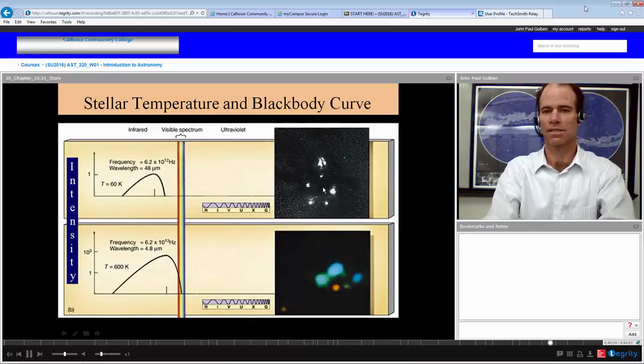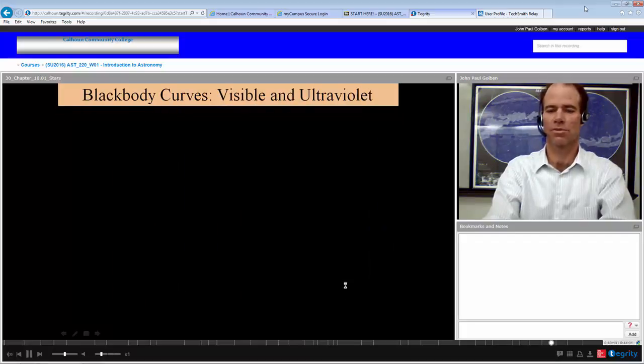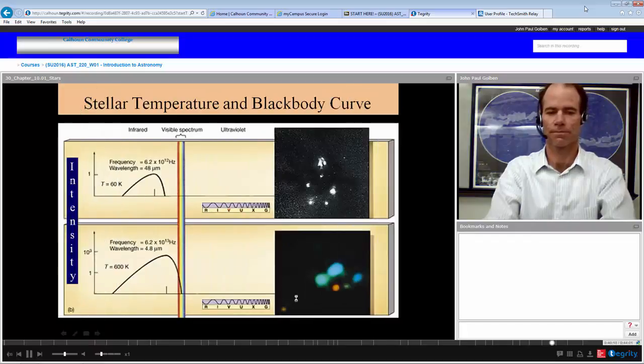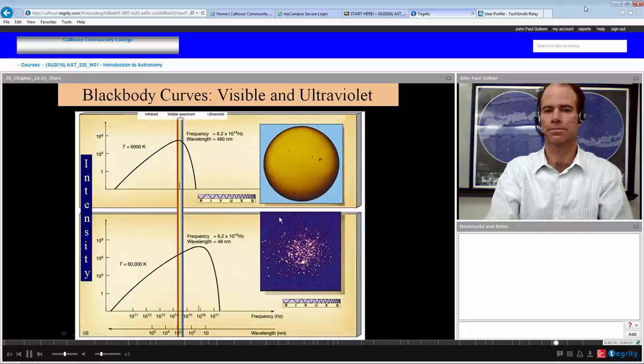That might actually not be a red dwarf, or maybe a black dwarf actually. Here's a red dwarf. Oops, let's go back. Here's a red dwarf where you just barely could see it using, say, instruments in the infrared, but its true maximum is in the infrared, below the visible spectrum, temperature about 600 Kelvin. Here's a black-body curve for our sun,